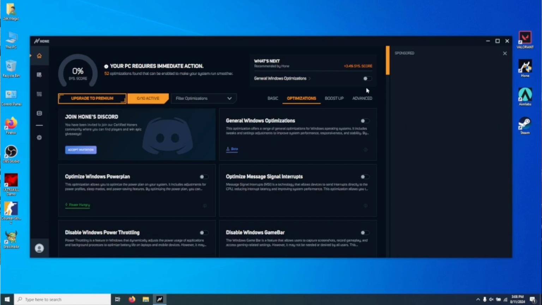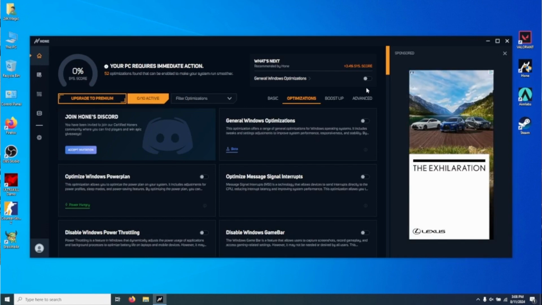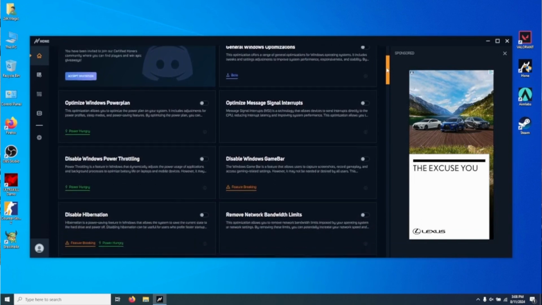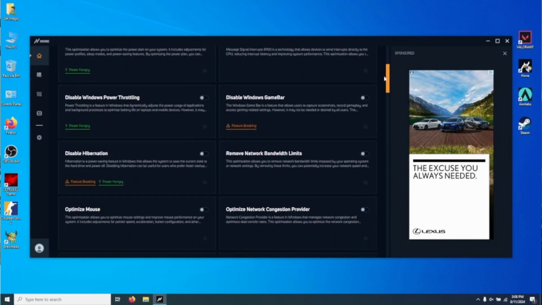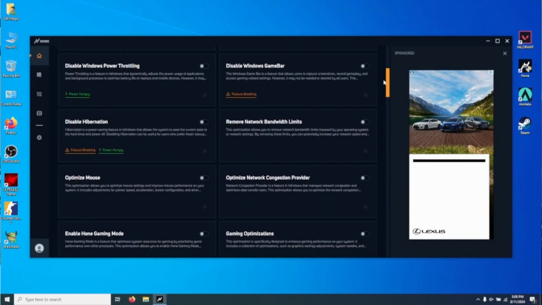It gives you access to all these features on your Windows device, and you have the ability to do things like disable the Windows game bar, disable hibernation, optimize your mouse, and so much more. But I do want to mention